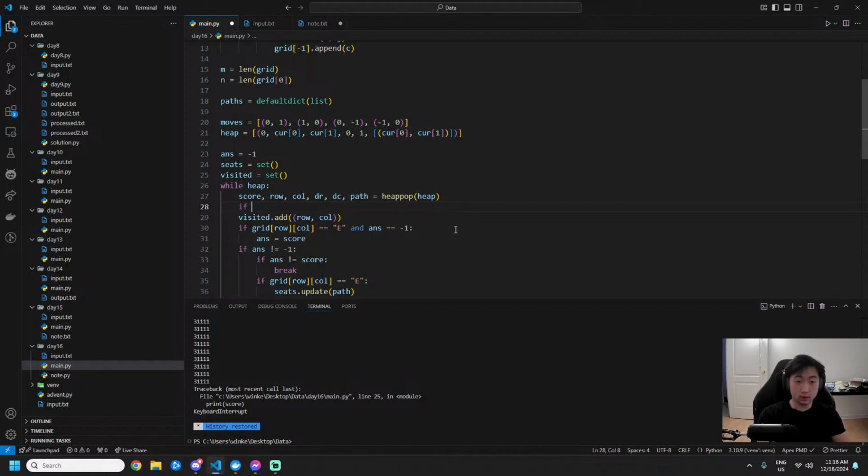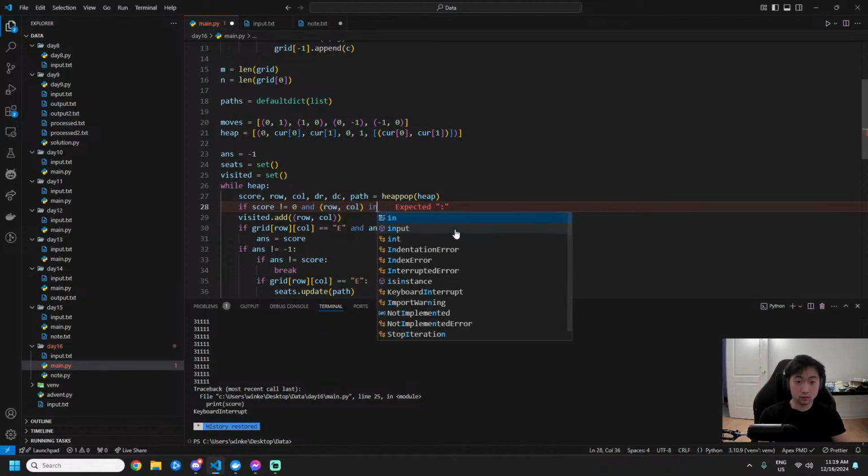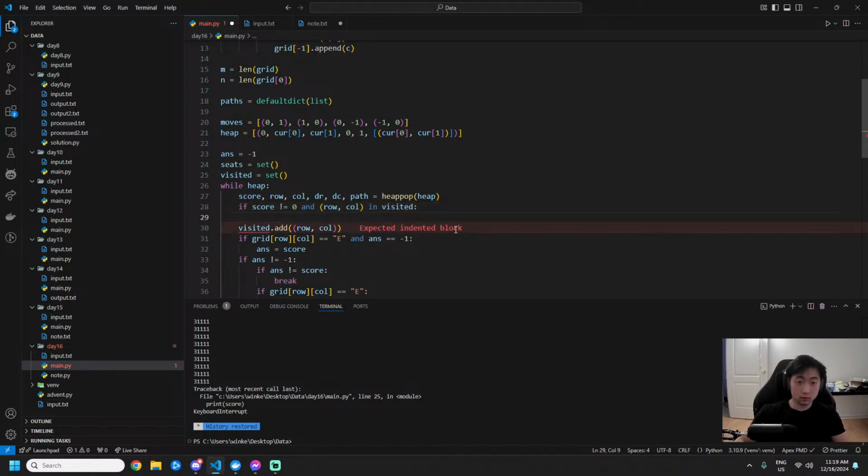So then if score is not equal to 0, you kind of want to add them in any case. So if score is not equal to 0, then